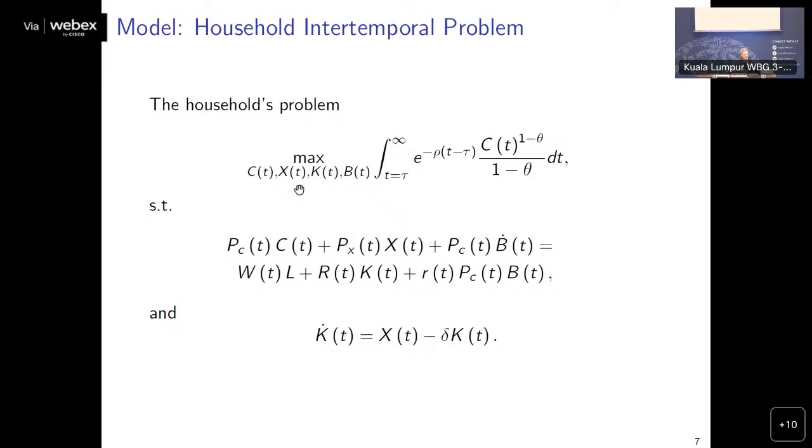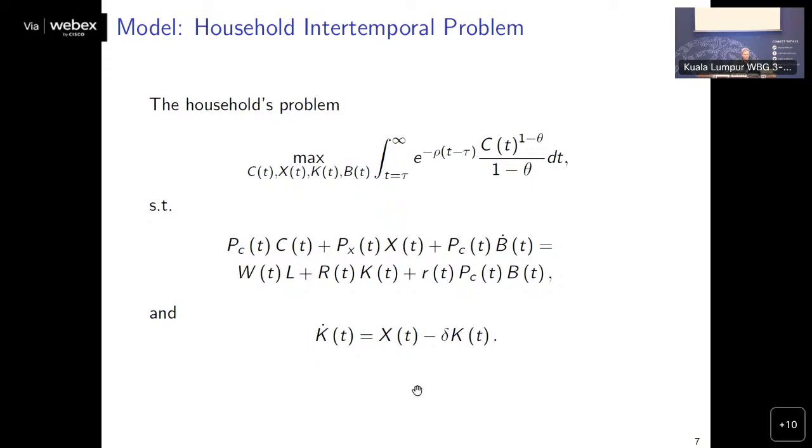Infinite discounted utility. You choose your consumption. You choose your investment. You choose your capital. And you choose your bonds. And bonds aren't going to do anything except price an interest rate that will look like what macro people are used to looking at when we come to the Euler equations. And your expenditures on consumption, your expenditures on investment, and your purchase of bonds has to be equal to your labor income plus your capital income plus the interest you make on your bonds. There's going to be no bonds in the model. Again, this is just going to price the interest rate.